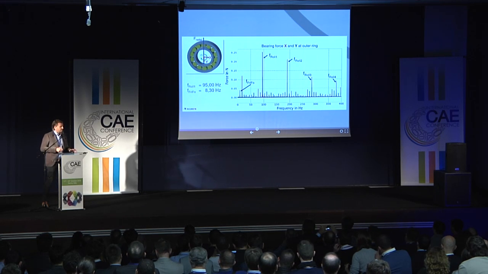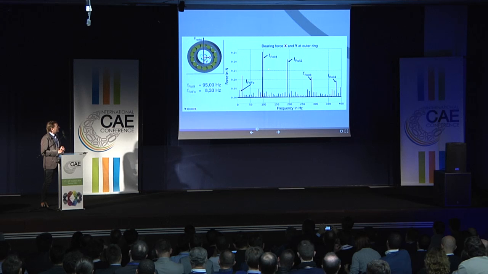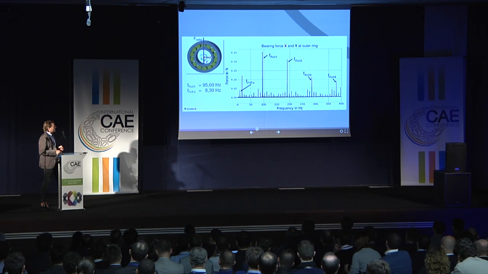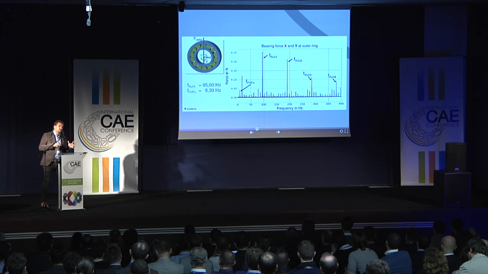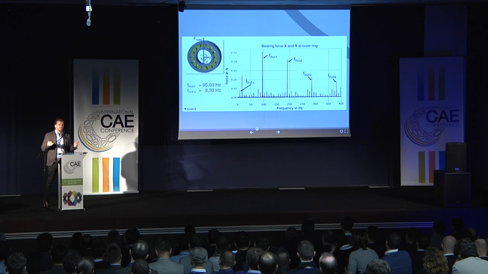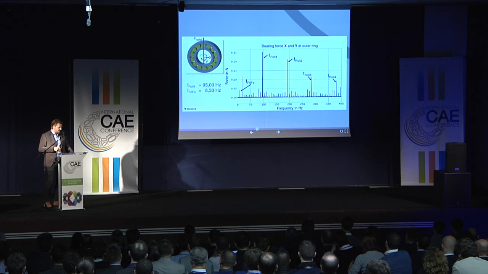If we go back to this plot of the forces, 95 Hertz and multiples of it, this is what we want to have. We don't want to have this friction force here, this oscillating friction force, but we don't have a solution right now for this. But we understand the model better because we know where it comes from. And if you see this frequency somewhere else in your powertrain model, you can think and understand why this is happening there.